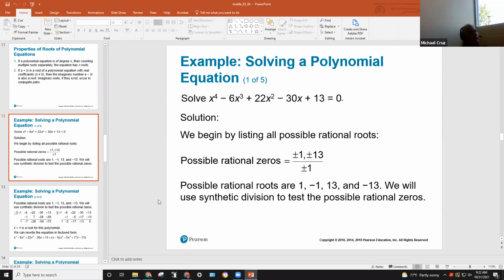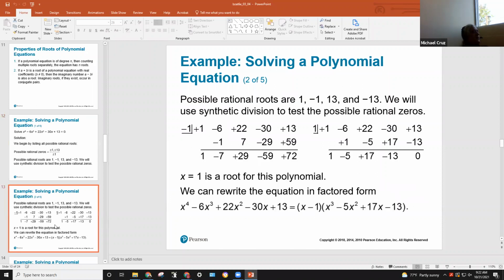So now let's just start testing them. Again, this is a pretty simple procedure compared to that long division stuff. In one way, I kind of think that's why they go over it, just to show you you should be thankful you got the synthetic division. All right, so